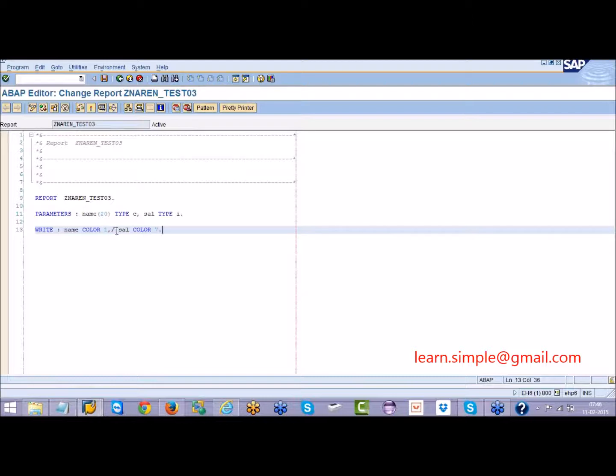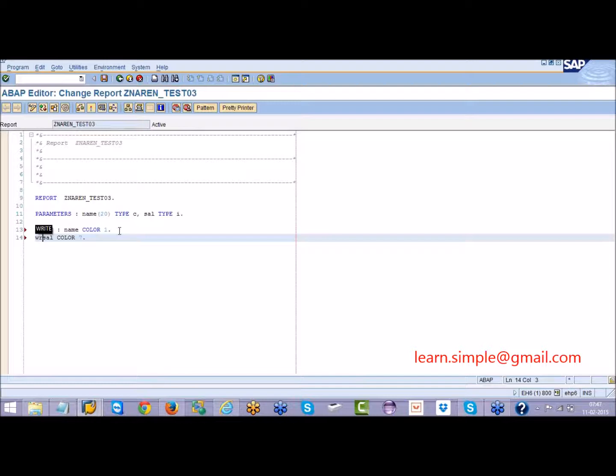Now, for example, you got some scenario wherein you want to print 2 lines, like the salary I don't want in the immediate next line, wherein I want one more line gap. So can I put 2 slashes? If I want a 2 line gap, can I put 2 slashes here? Otherwise, if I want to go to a new line, for example, name in the first line I want to print, and then can I write something like this?